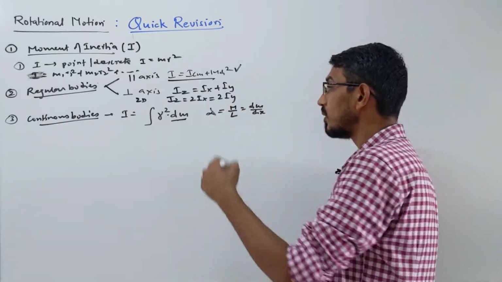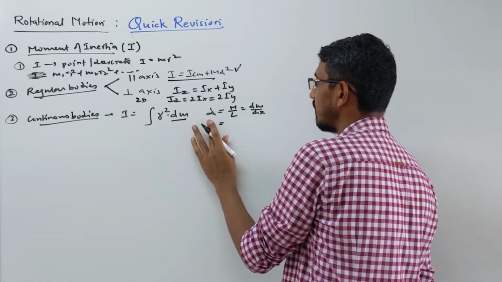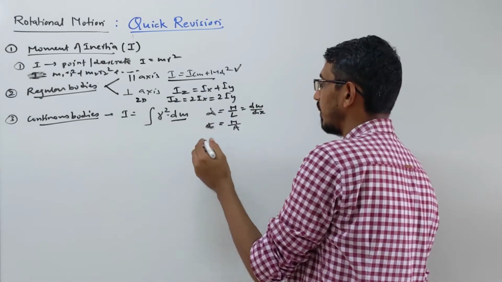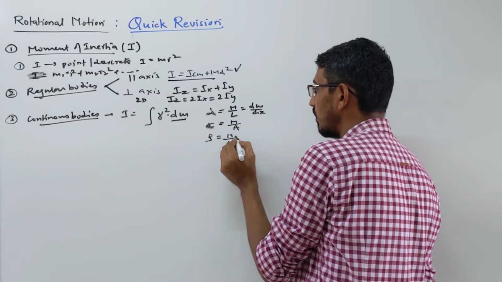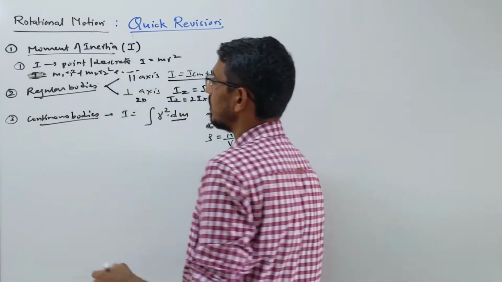This is for length. If you have an areal sheet type of body, then you talk about area and areal density, let's call it sigma, then you call it mass by area concept, right? If you have a 3D body, then you talk about density, which means mass by volume concept, right? The same way you can write and do integration. Okay, third type of equation: continuous body.